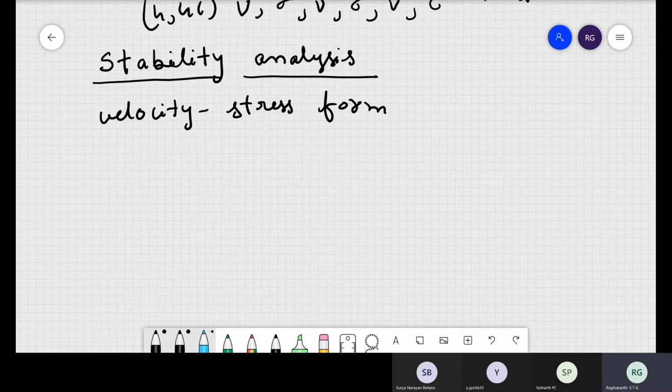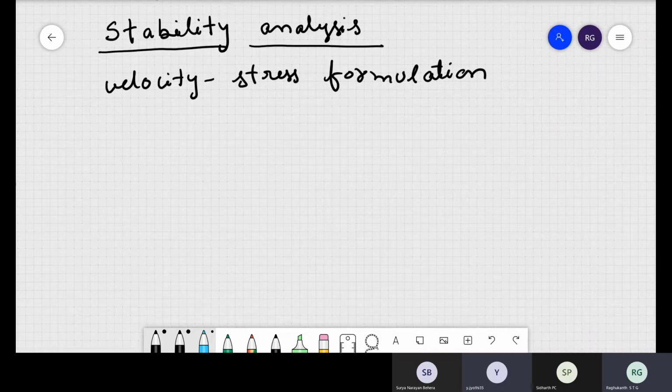Now how do you check stability? Last time we told, if I want to check the stability of any scheme, how do I check it? Based on the solution obtained, based on the roots, whether they are complex or imaginary. Followed. So now how do you get the roots? What is the fundamental thing you have to substitute? You have any partial differential equation, and I want to know its stability. How do you get the roots? What is it that you have to substitute?